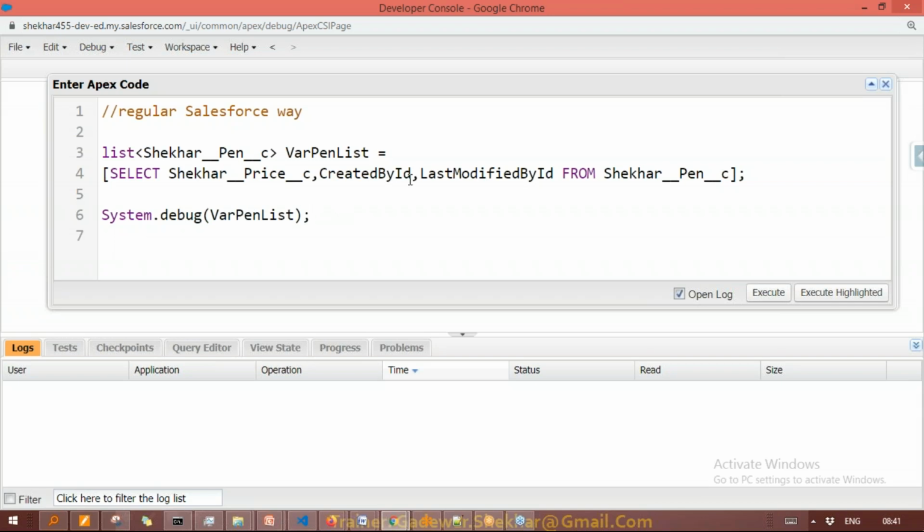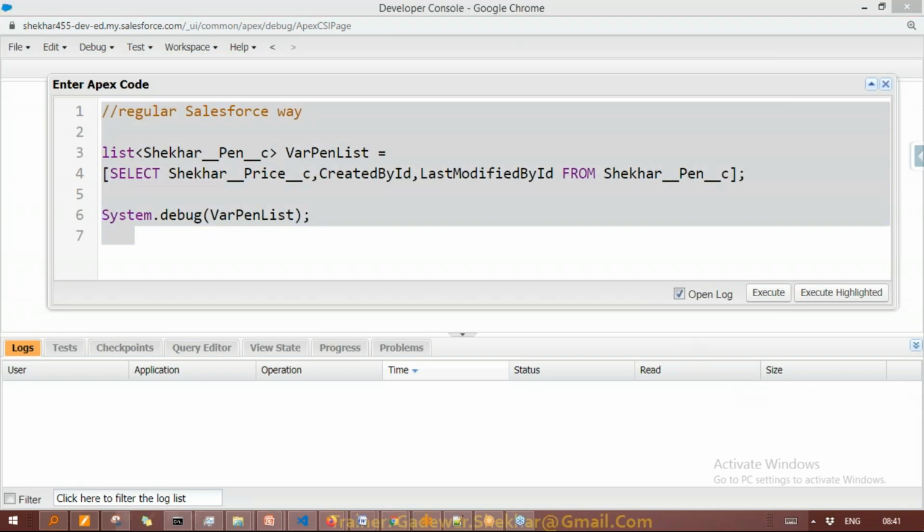And if I have 500 fields, then I have to copy 500 times, and this is not an easy way when you have a large number of fields. So this is the regular Salesforce way to fetch the data. So for this, we follow a workaround. We go for a solution. Instead of this approach, we use a different approach. And what is that approach?